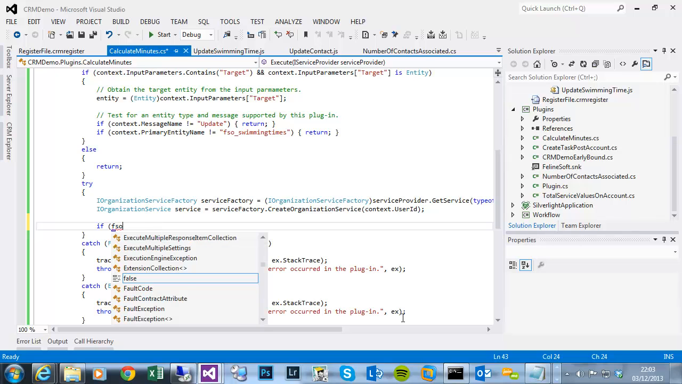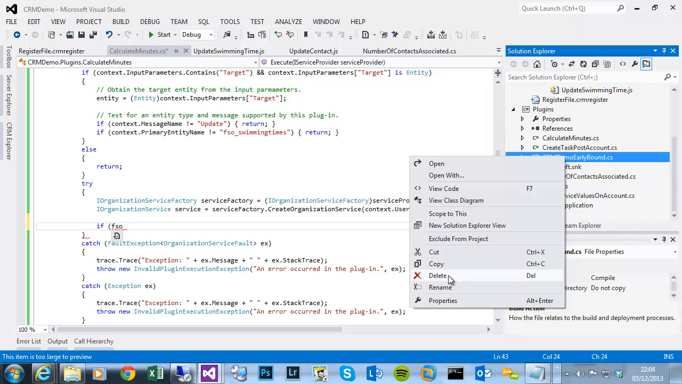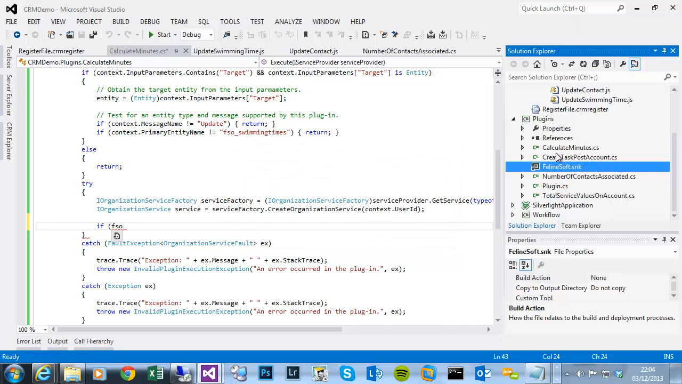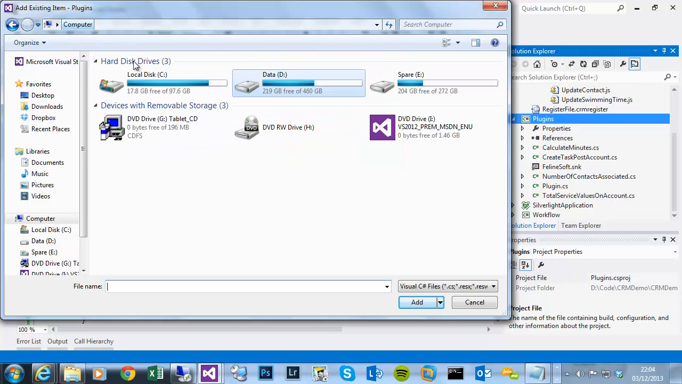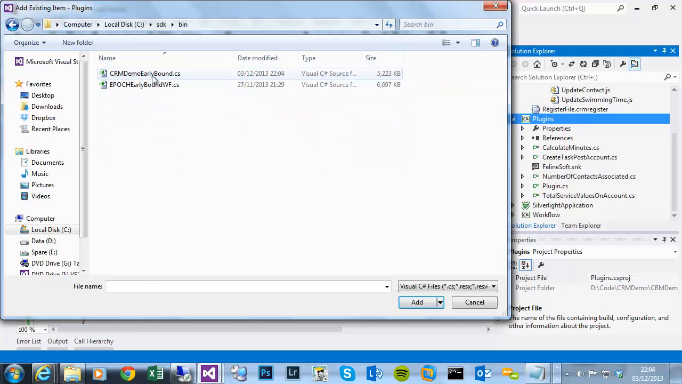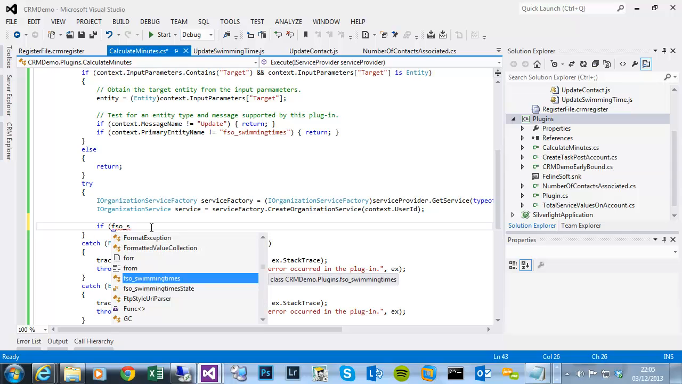Oh, sorry. Yes, sorry. I realised I hadn't regenerated the early bound class library since adding that custom entity and those fields. So I've just generated that from the CrmSvcUtil. So I'll delete the previous version, add existing item, where my SDK is extracted and my output path was my bin folder. So now that's added, I should have my swimming times